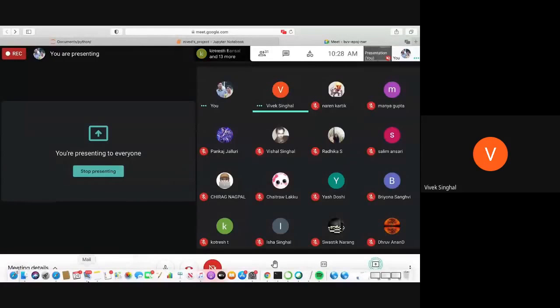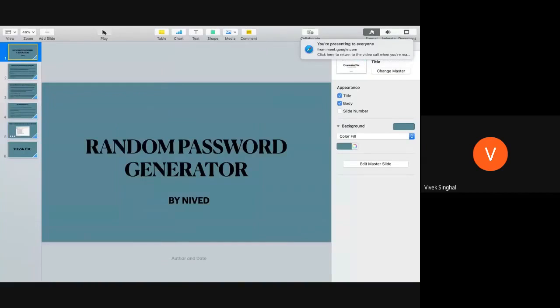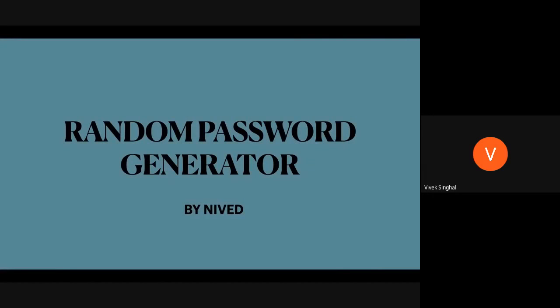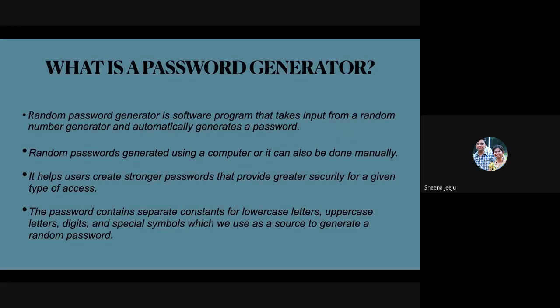Good morning, everyone. My name is Nived, and I'm going to show you my presentation about the random password generator. If you're wondering what a random password generator is, it is a software program that takes input from a random number generator and automatically generates a password.